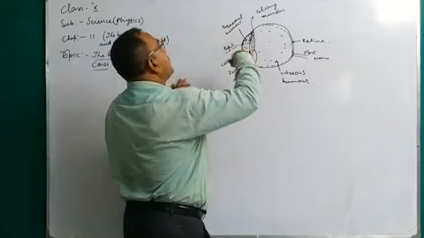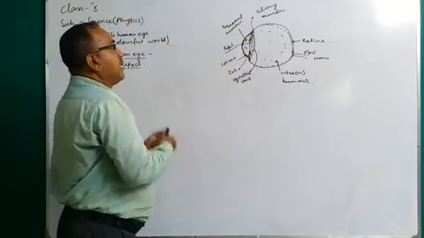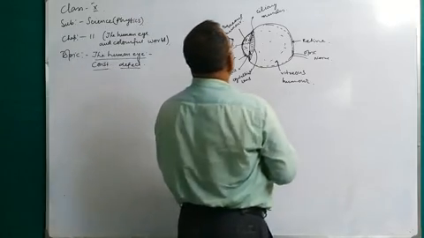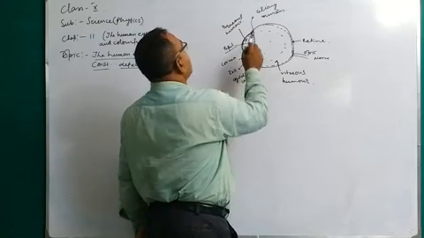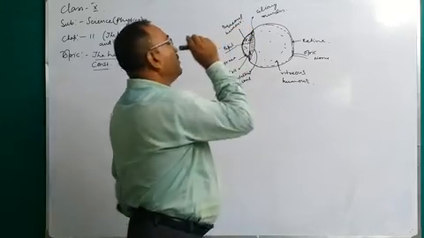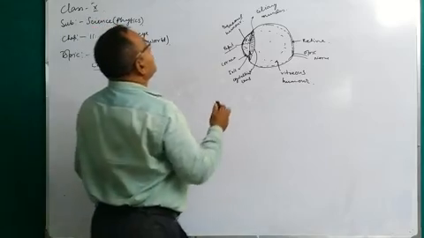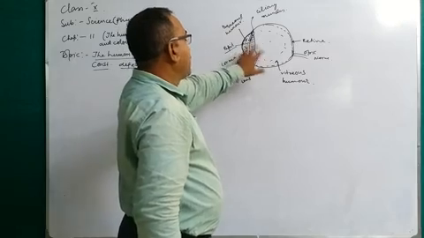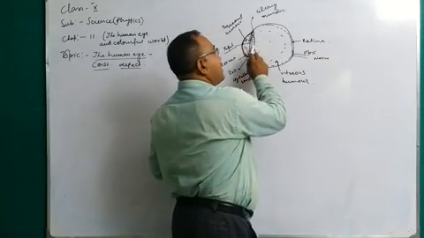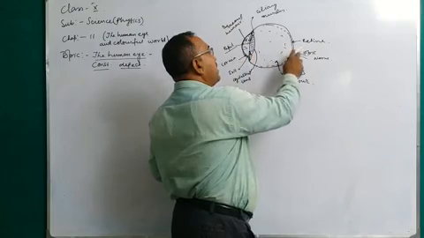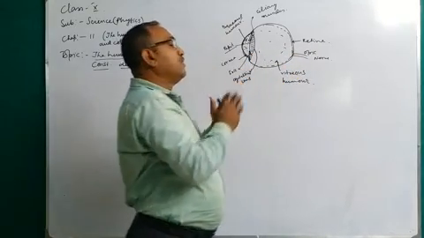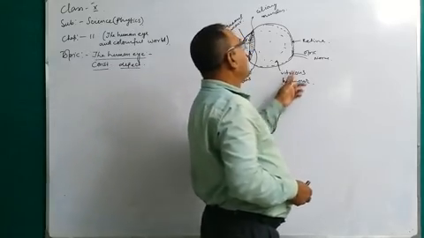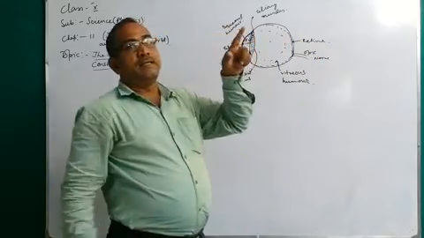And cornea is just a layer, a thin film, a membrane in front of the lens. In between the cornea and the eye lens there is liquid. This liquid is the aqueous humor, which fills this part. And second, you see the lens and the retina. In between the lens and retina is also filled by liquid. That liquid is the vitreous humor. Okay, this is the retina. It behaves like a screen.